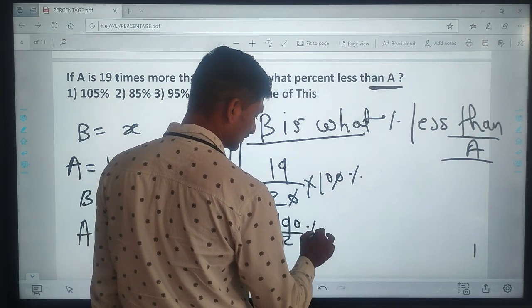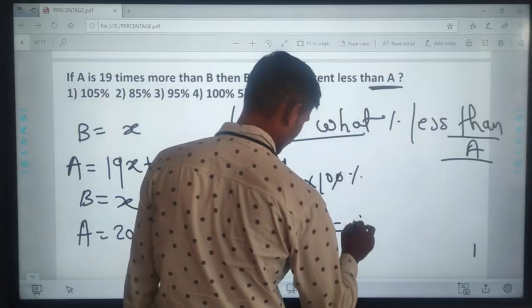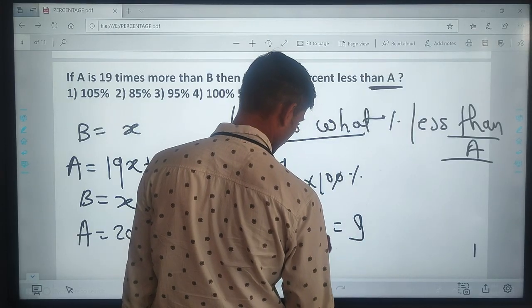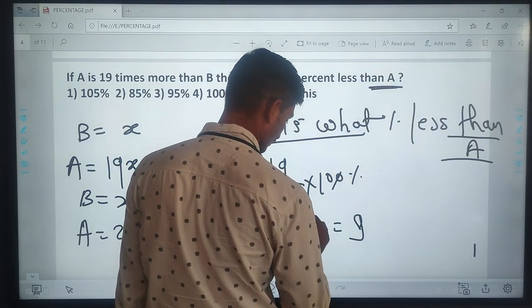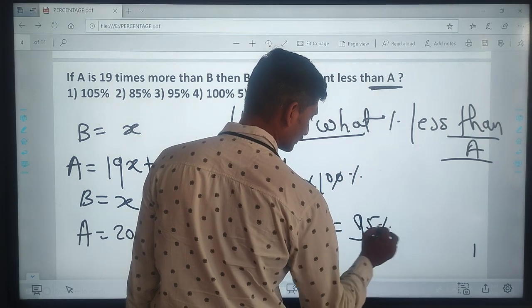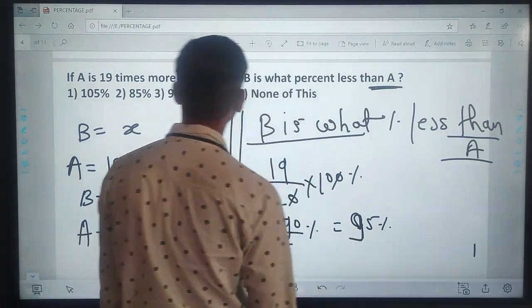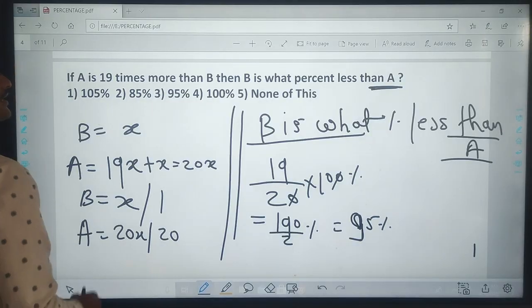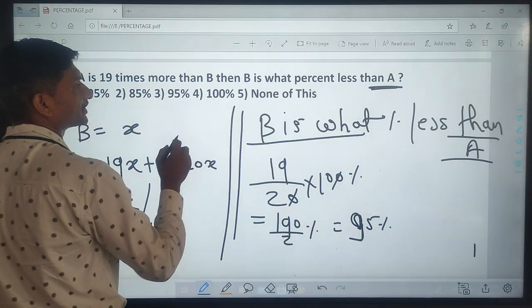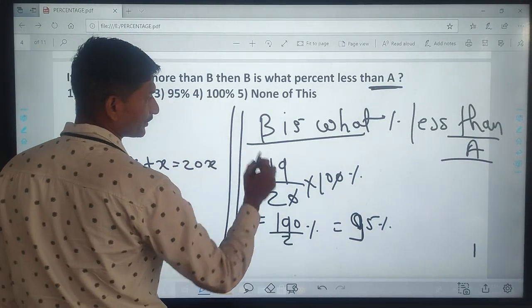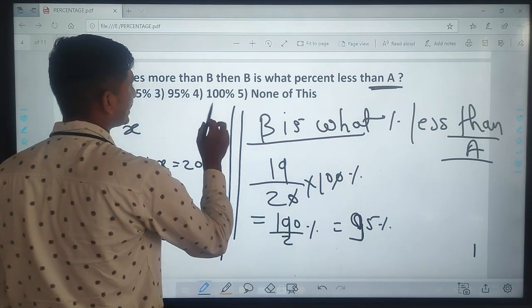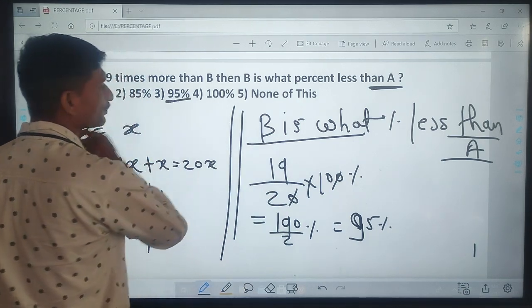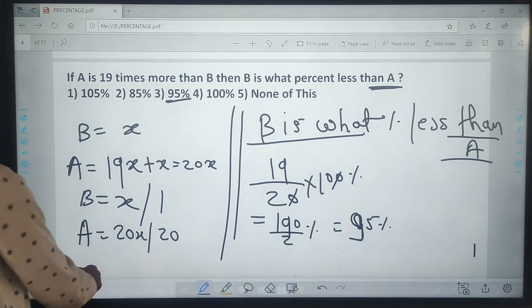190 divided by 2% is 95%. Now your answer is 95%. Then B is what percent less than A? B is 90% less than 95% less than A. Next,